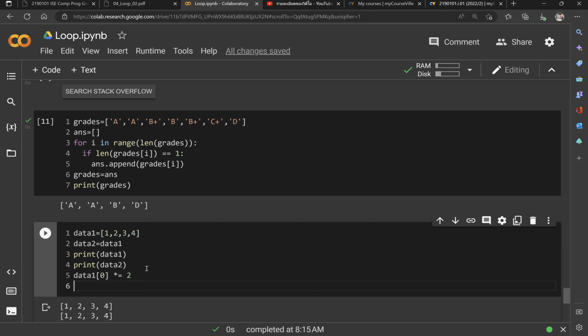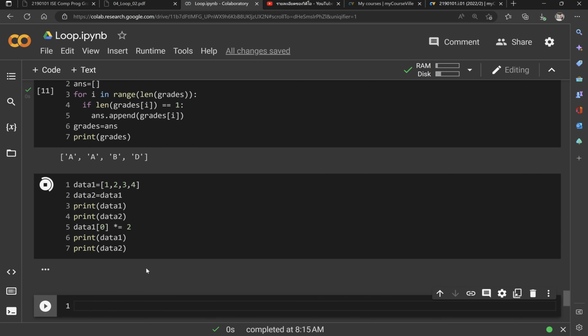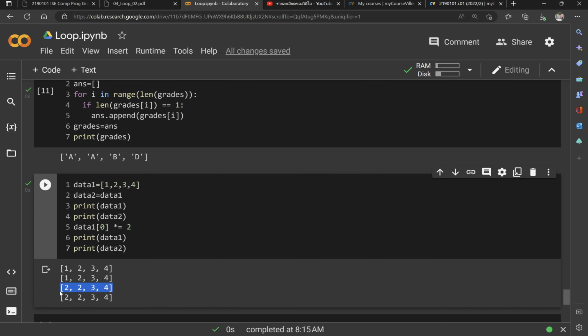So print data one. We didn't change anything with data two, but please take a look at this. The data in data two is already changed, because we have